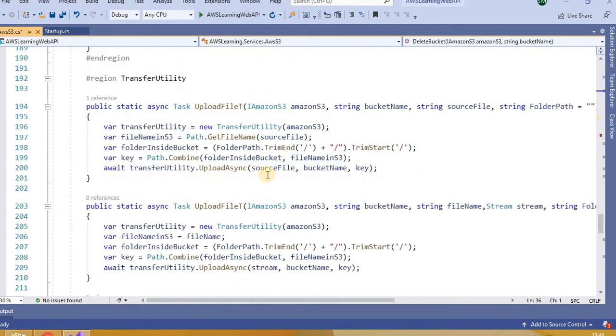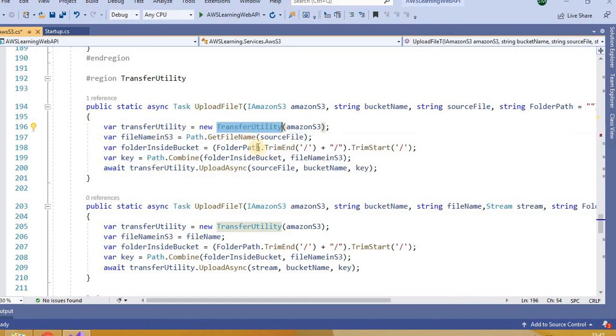In case of transfer utility, if I have a file which has a size more than 15 MB, it will break down that file into chunks, and all these subparts will be uploaded in parallel, and at S3 it will combine them again, right?